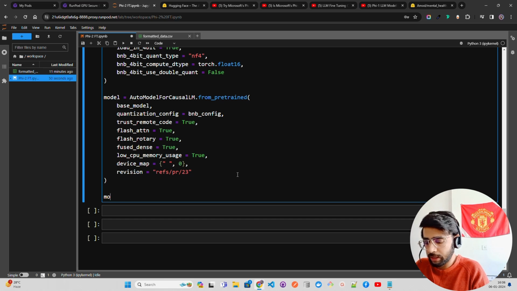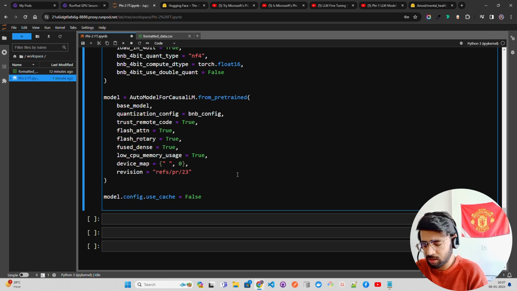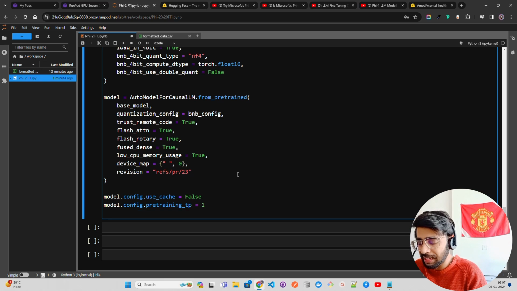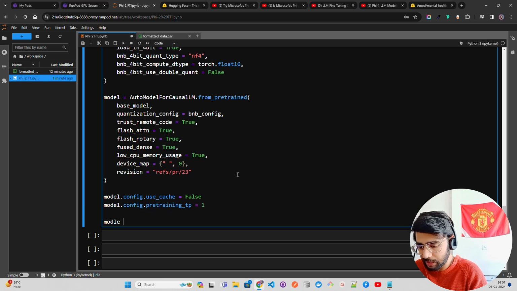Now here the next is model.config. I'm going to talk about cache here. model.config.use_cache, let's keep it false. Not required. We need to load it in kbit. Okay, so model.config.pretraining_tp, I hope I spelled it right. Pretraining_tp equals 1. And then what we have, so let's get the model